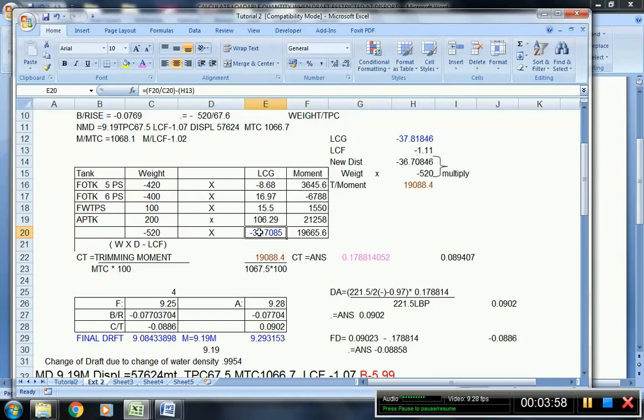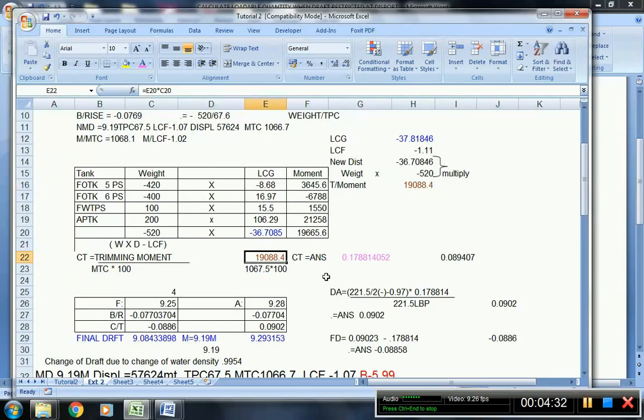So if you multiply negative 36,708,520, so this will be the corrected moment. Okay, multiplied by total weight, then the answer is 19,088.4. So this is already corrected, the same thing as it is here. LCF, then 36.78, then the total moment corrected is